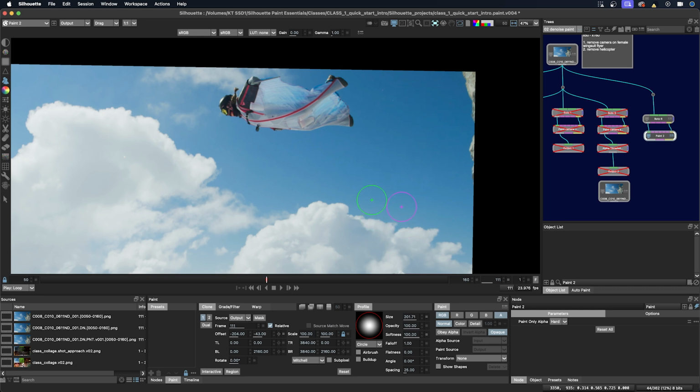It might be a little bit light. I might just redo that. I'm going to just Command Z and remove my paint strokes. We'll try again. It's a little bit trial and error. It's a little bit dark. So we'll do one more try. Okay, that looks pretty good.